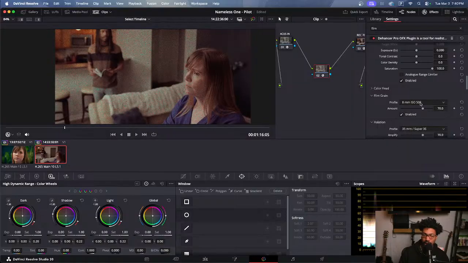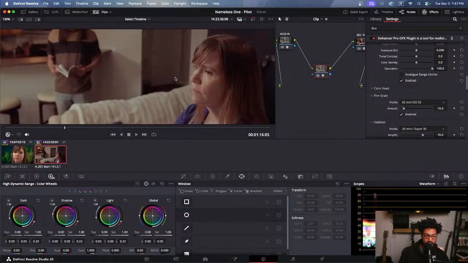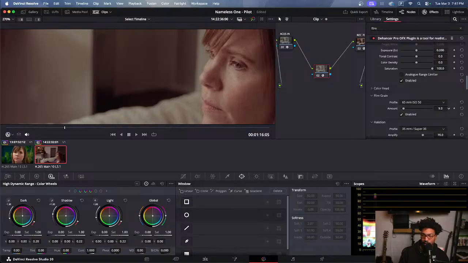And I realized actually I never paid any attention, but the amount is actually jumping on here, so you can see they're telling you the amount of grain is like 70%, and you can actually do it that way too, which is kind of cool. I think that's how that's reading it. I've never paid any attention before. I'm just now noticing they give you that visual cue. And then 500, let's see, 65, 50 is 10. Okay, cool, interesting. So you can even dial it in more and be more of a custom type of look. But anyway,